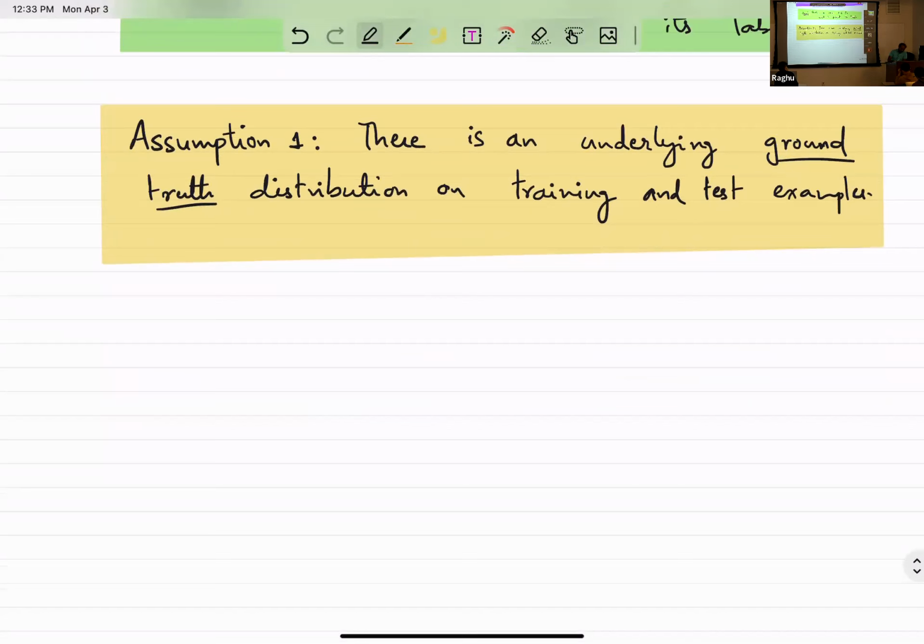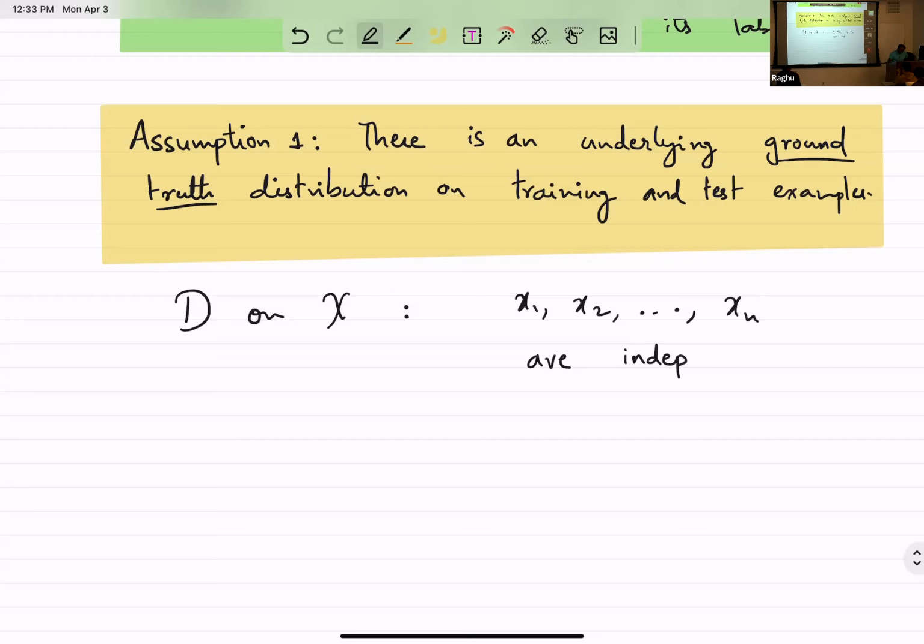Okay, meaning there is some distribution D on X. In fact, we're never going to know, I mean, sometimes we know what this distribution is, many times we don't know it. It doesn't matter, but the assumption is that you have this sort of drawn